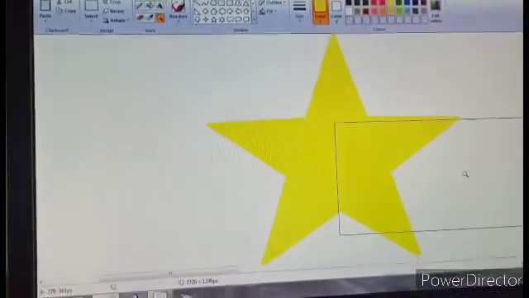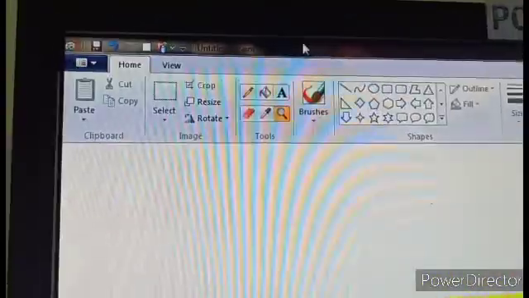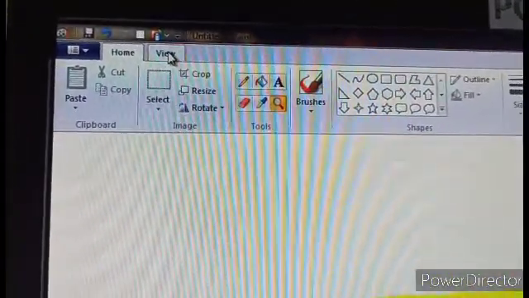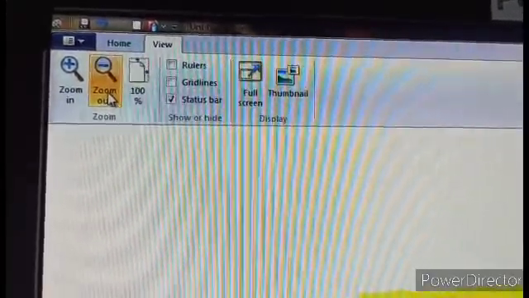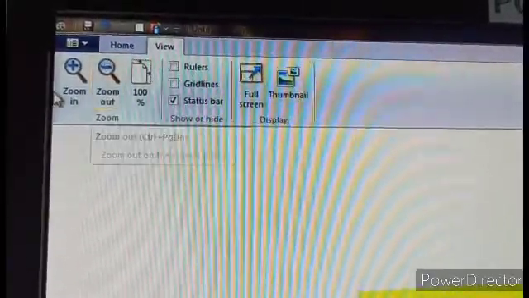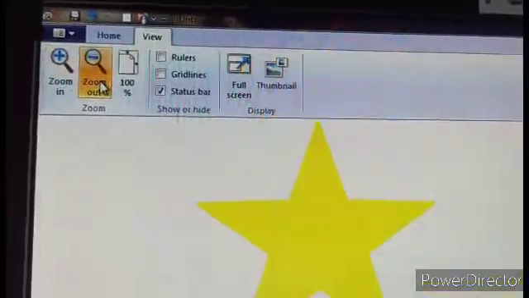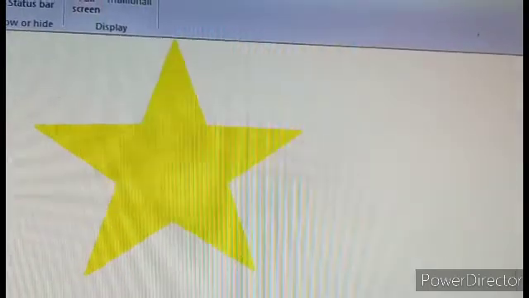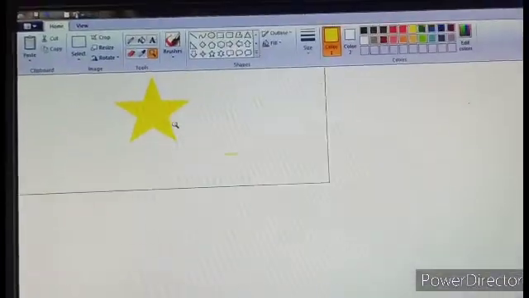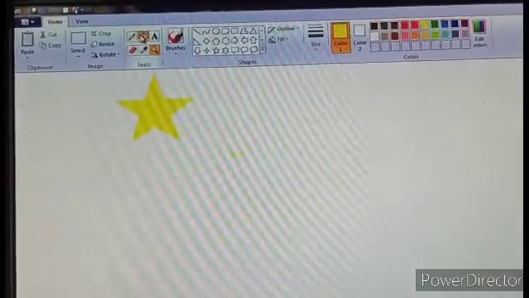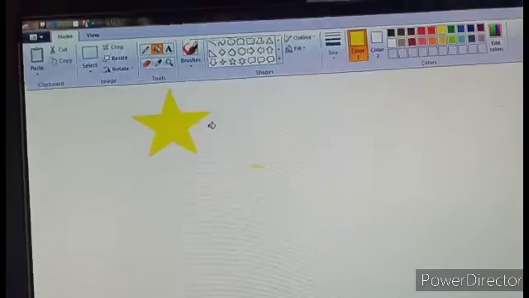So how to change it back to the previous size? That is in the View tab, you have zoom out. To make it bigger, zoom in, or from the magnifying glass, one click on the picture to zoom out. See, it has come back to its previous position. View, zoom out. The more you click on zoom out, the smaller the picture becomes.